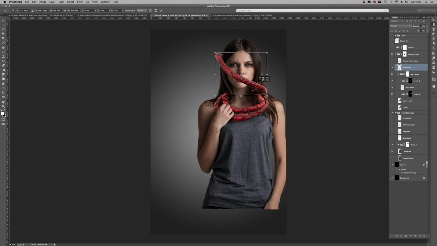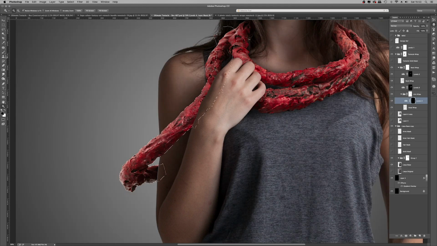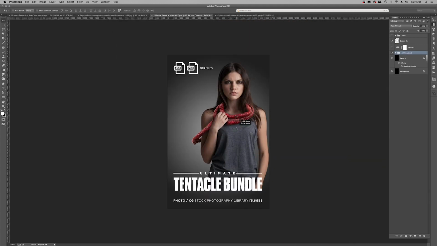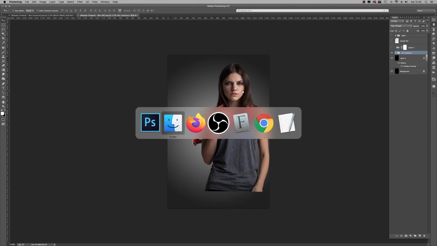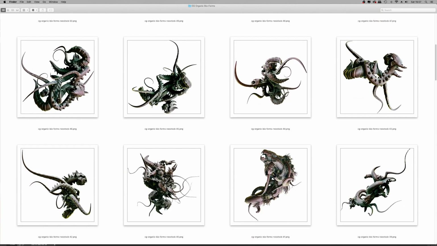Now, when I was working on this piece, I really wanted it to wrap around the face, but it just didn't look good enough. So I'm using the free transform tools there, Command T, Control T on Windows, just to manipulate and twist around, rotate and scale. And then I decided, okay, that tentacle can go from the neck and wrap around the arm. Levels adjustment layers once again for creating the shadows and ensuring they're selectively applied to what's underneath and not spilling outside.